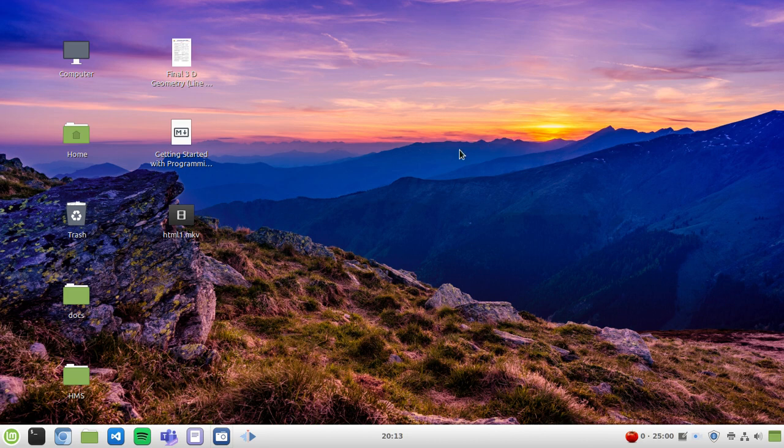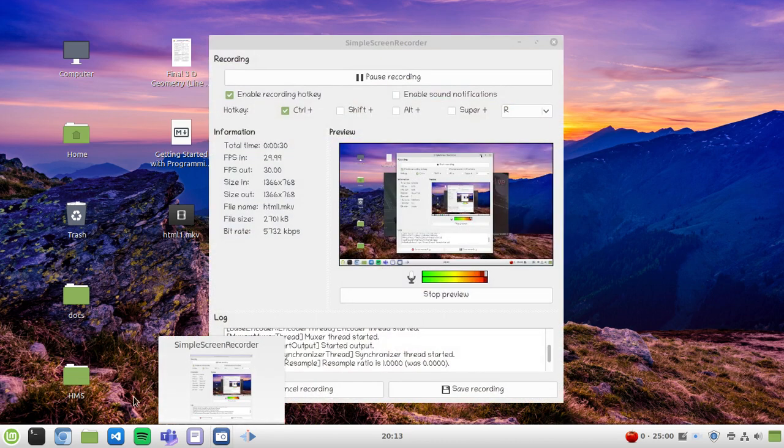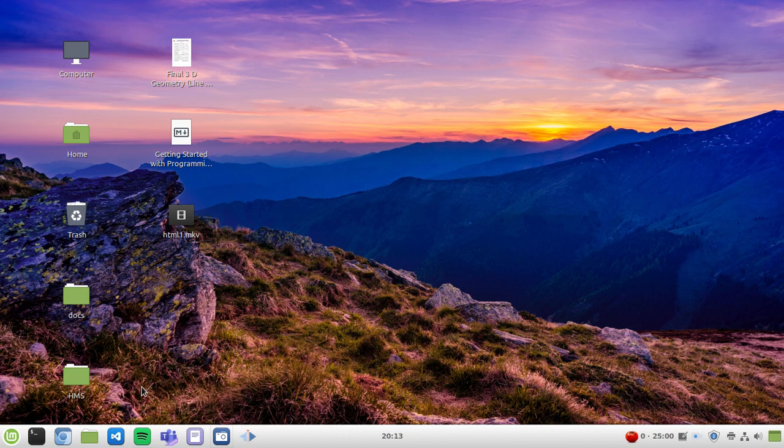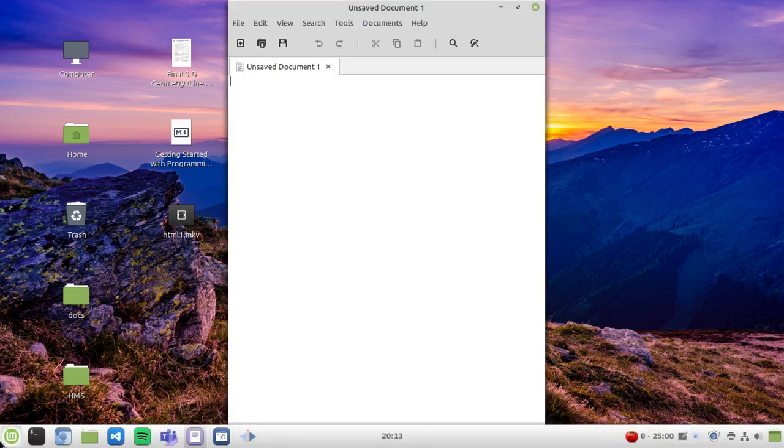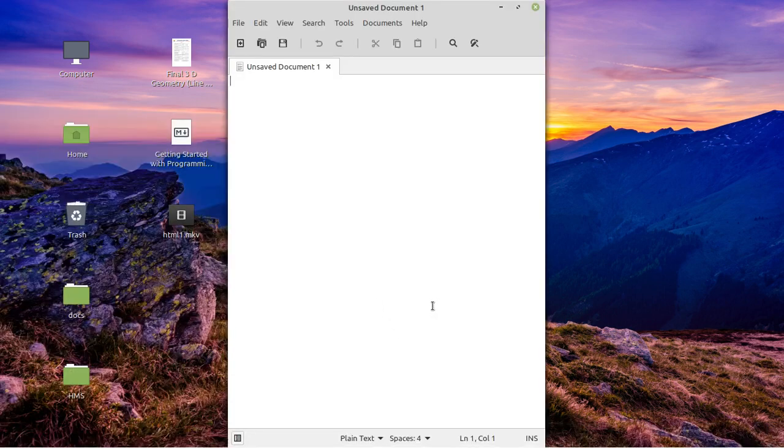So before we get into HTML, I would like to introduce you to a few things that will be important for you. First of all, you would install a code editor which is the best for your language. You can use something like the text editor of your operating system as well, which is Notepad for Windows, and I have this text editor for Linux.